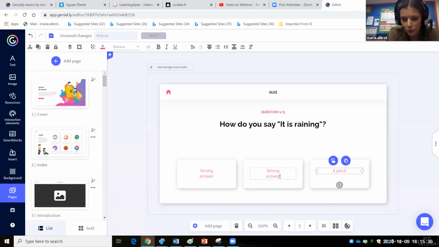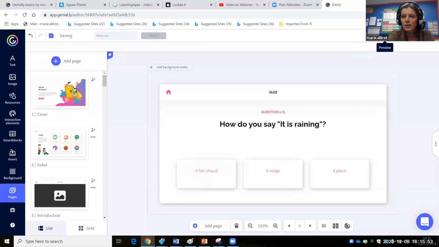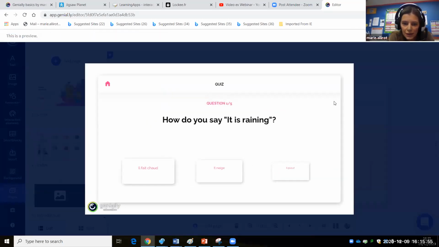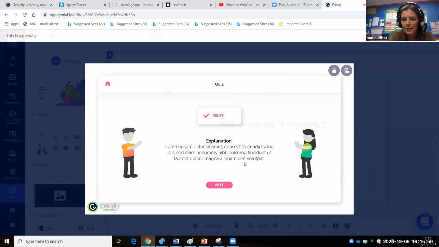And then you would have wrong answers, for example, il neige, il fait chaud. So you can preview your Genially with that little eye. How do you say it is raining? Il pleut. And it will take you to the next slide.